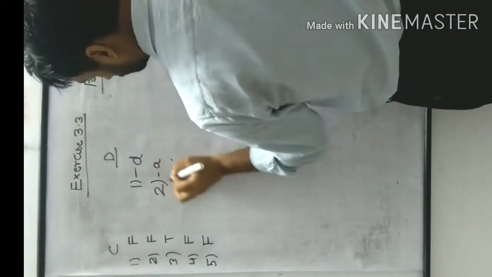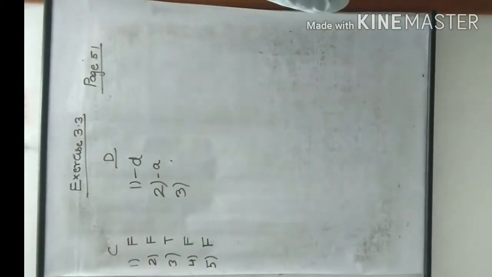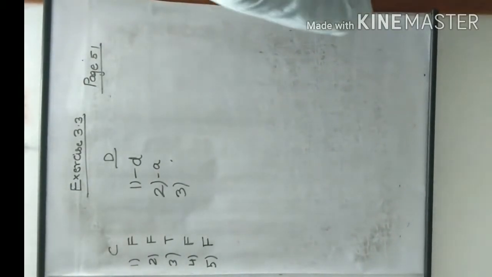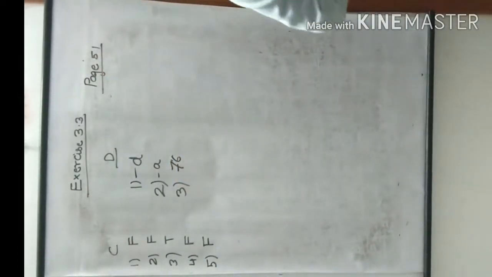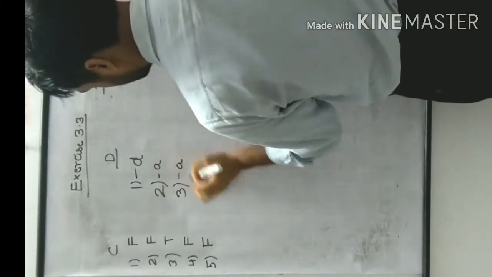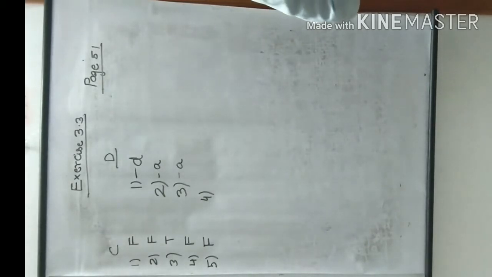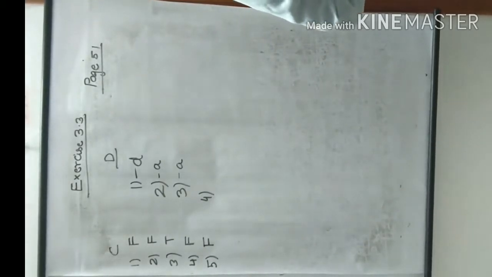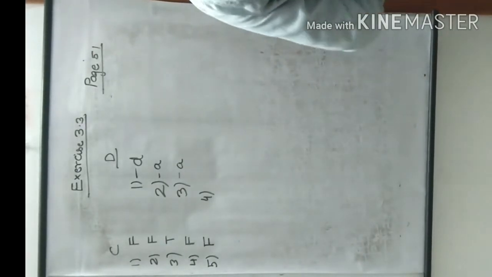That you have already known so many times, I told also. Third one: the vertical height of mercury which a simple barometer can support at sea level is 76 centimeter of mercury. So the answer will be A part. Fourth is what? When the ink of a fountain pen leaks at high altitudes, why? Because the pressure of air is less outside than the pressure inside. Okay, so it will be B part.